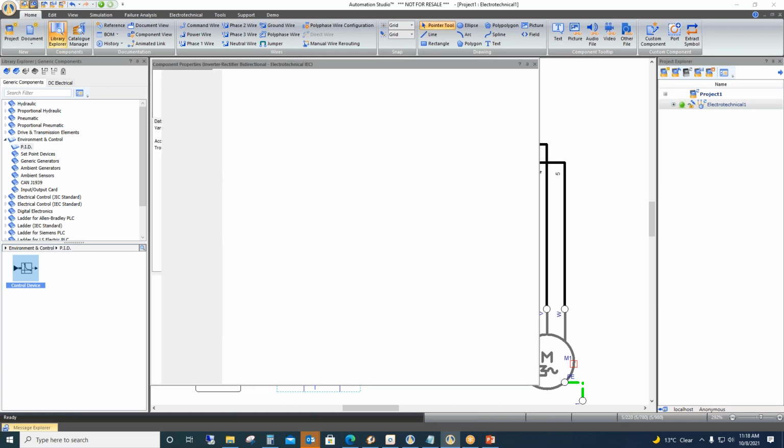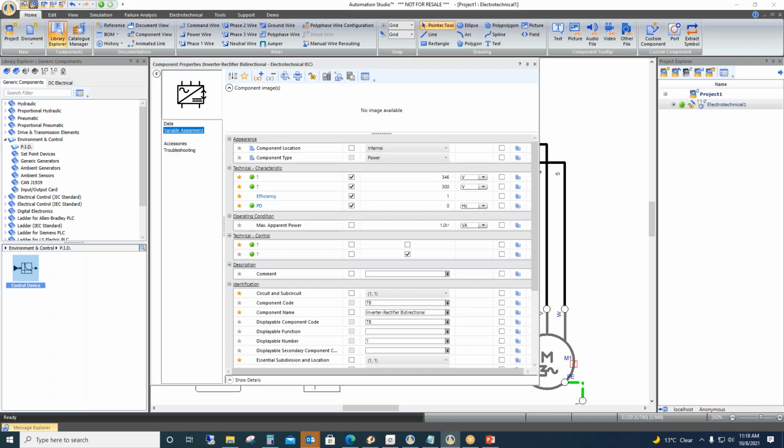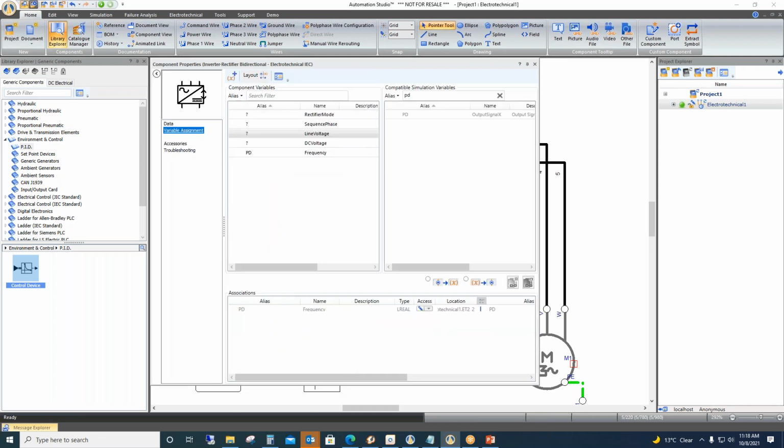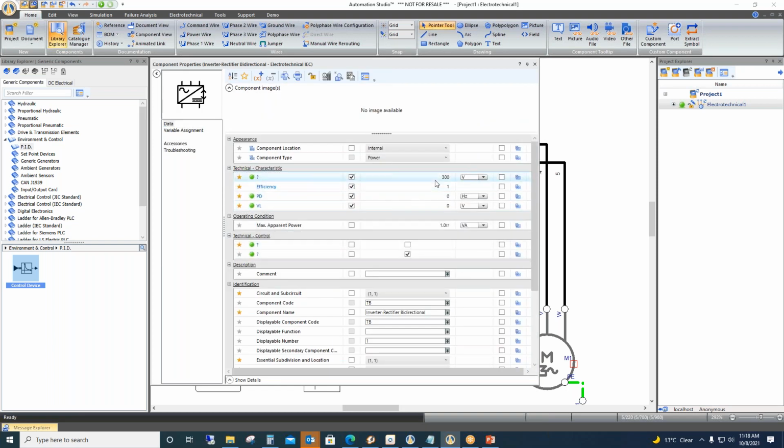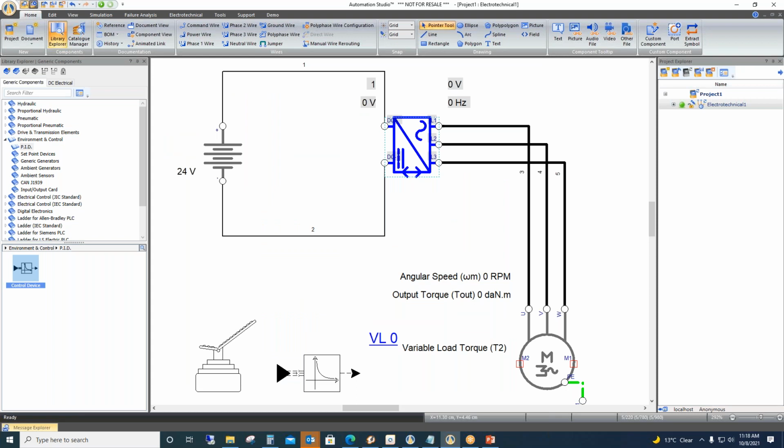If you double click here in the variable assignment, now you have this variable line voltage. This line voltage variable will now be linked to VL. And as we are controlling the DC voltage by the battery itself, I'll make it 0.